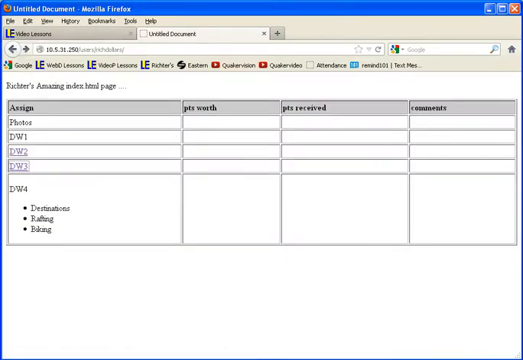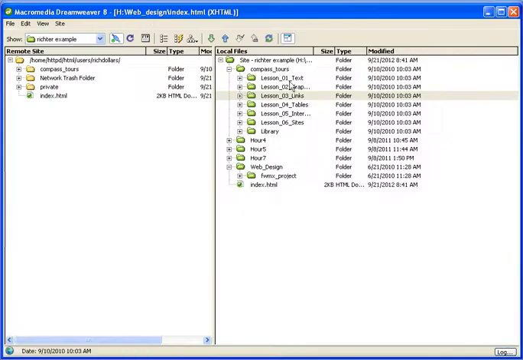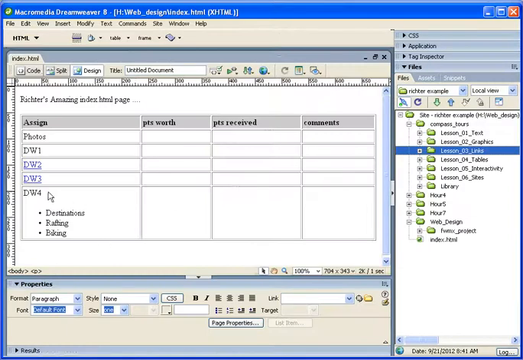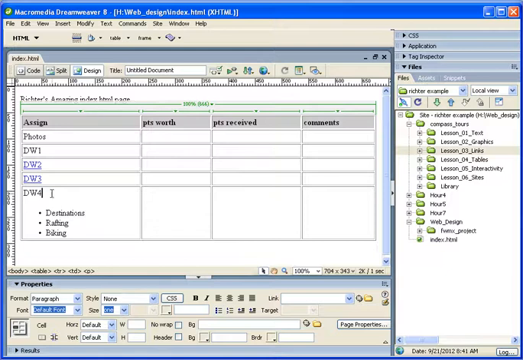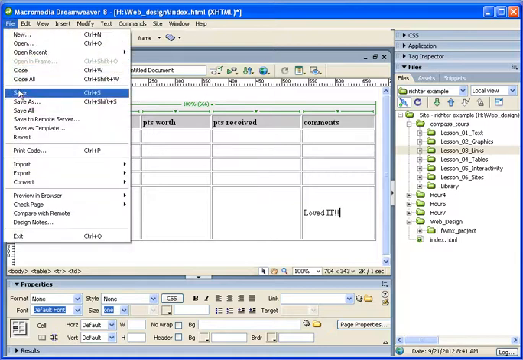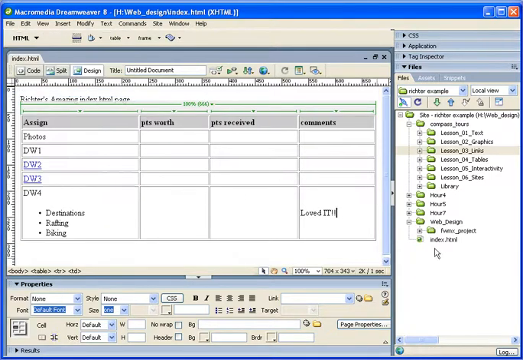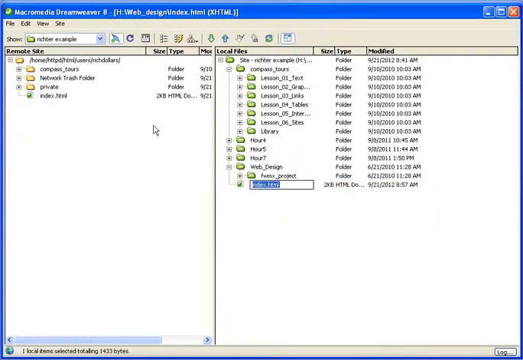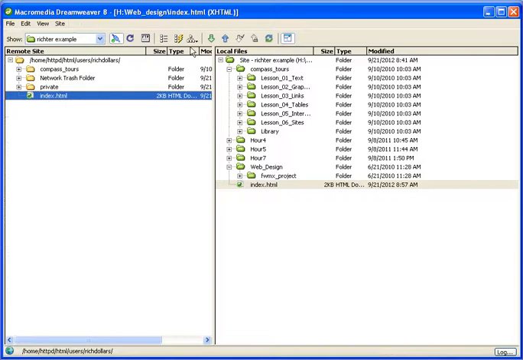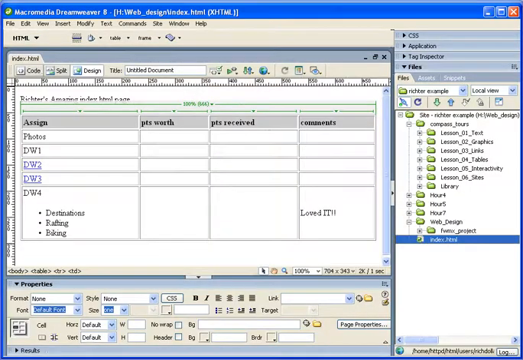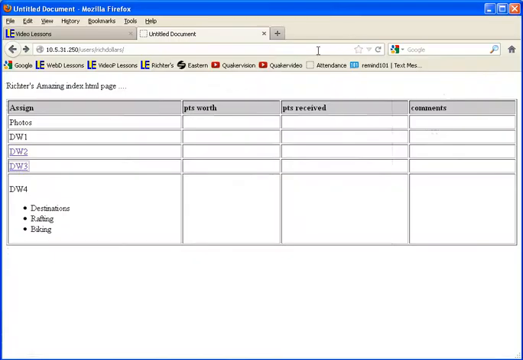Now what you're going to have to remember is every time you make a change. Let's say I change my home page and I want to say Dreamweaver 4, I want to add a comment. Loved it. So now I'm going to save it. So think about it. I just changed this index page, the one that's in my H drive, this one here. I did not change the one that's in the blue cube. So if I come back to Blue Cube and I hit refresh, nothing shows up